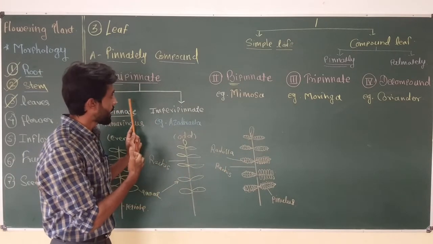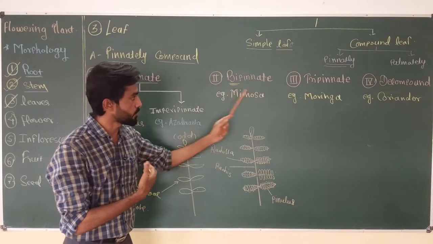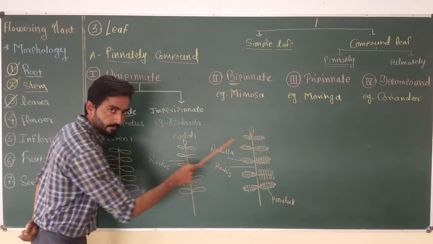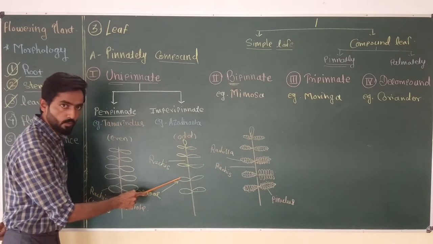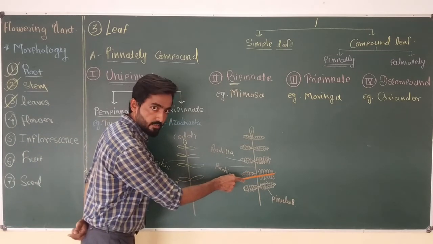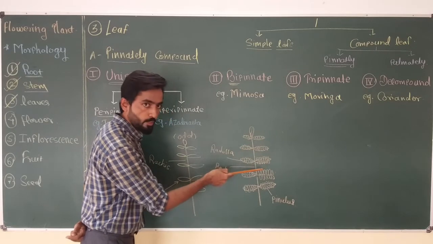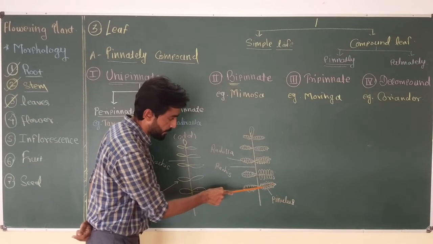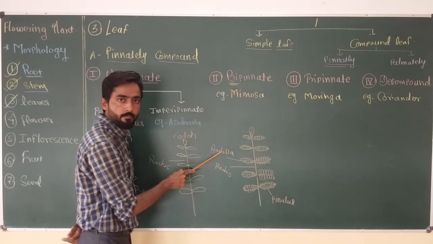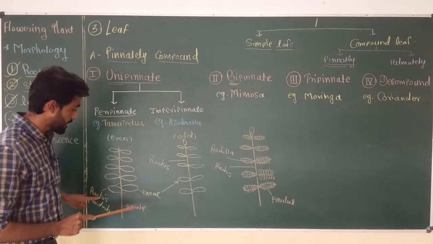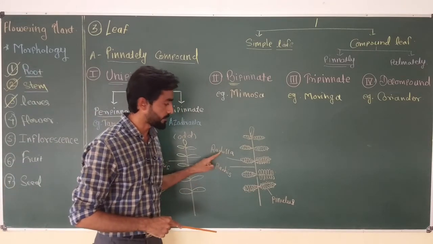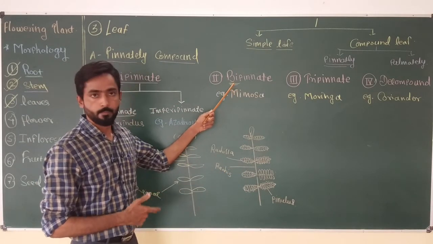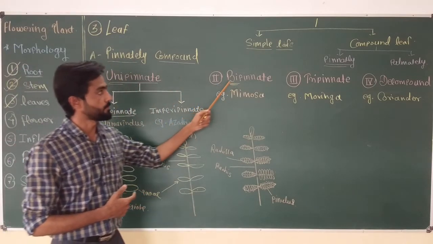Okay, so what type of changes occur in the leaf when a unipinnate converts into bipinnate? The first thing is that the rachis is present in both cases. The rachis has pinnae, but after the second incision, the pinnae are again converted into smaller structures called pinnules. And now the pinnules are present on the secondary branch, and this branch is called rachilla. That means pinnae are present on the rachis while pinnules are present on the rachilla. Okay, so this is the second type of leaf which comes under pinnately compound leaf, that is bipinnate.